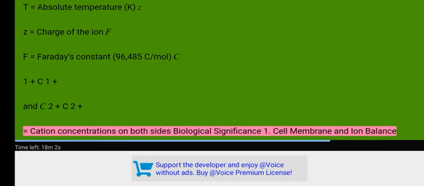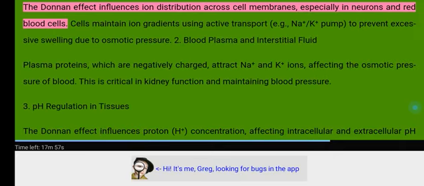Biological significance. 1. Cell membrane and ion balance. The Donnan effect influences ion distribution across cell membranes, especially in neurons and red blood cells. Cells maintain ion